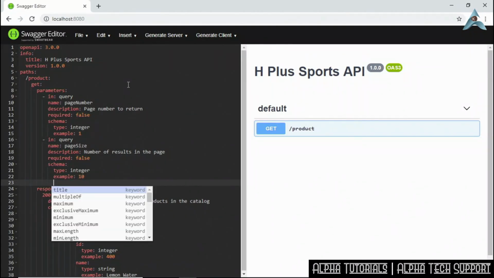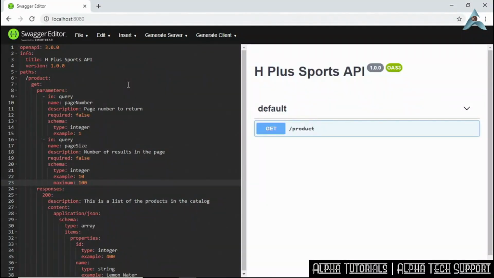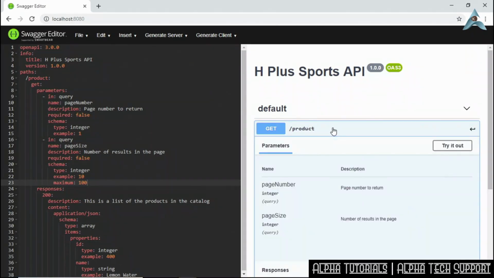And then another thing that we can look at is the various constraints that we can place on this parameter. So we can set something like a minimum, a maximum, a max length. You can even provide a pattern here in order to constrain the type of data provided. Let's just go ahead and specify that they can only request a maximum of 100 items within the page. If we look at our interactive API documentation, you'll now see that these two parameters are contained within the documentation